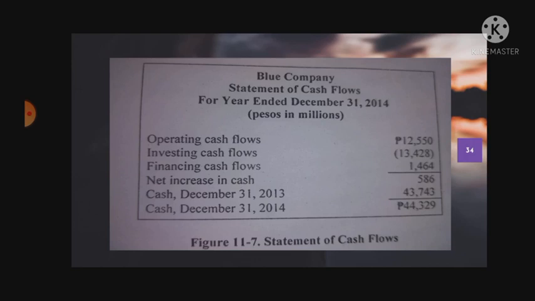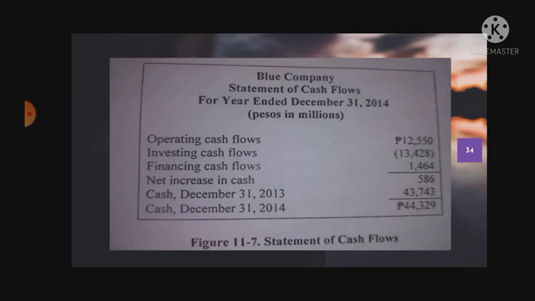Financing activities include the cash flows from transactions involving non-trade liabilities and equity of an entity. Examples of cash flows from financing activities: